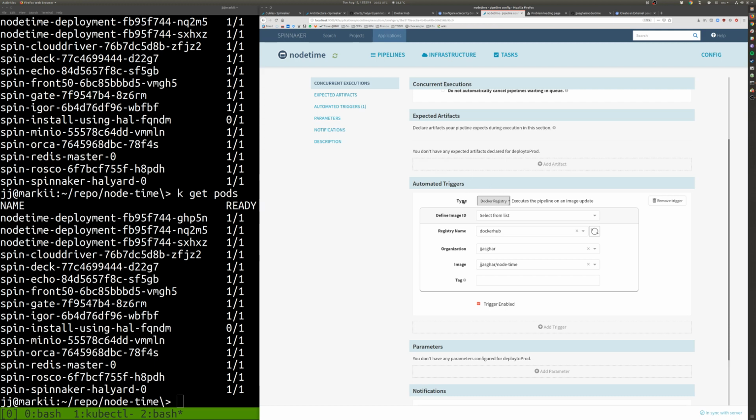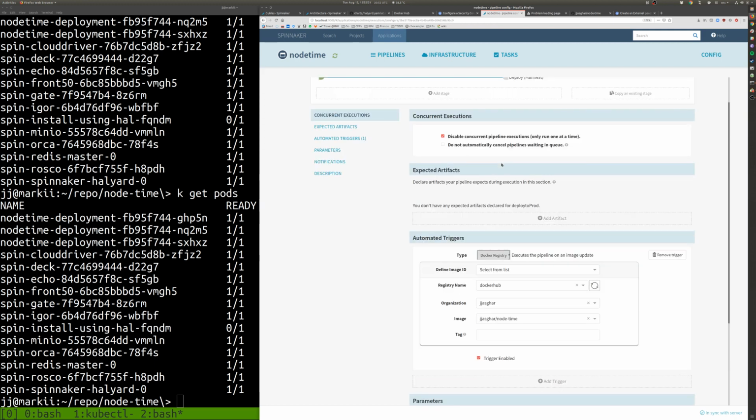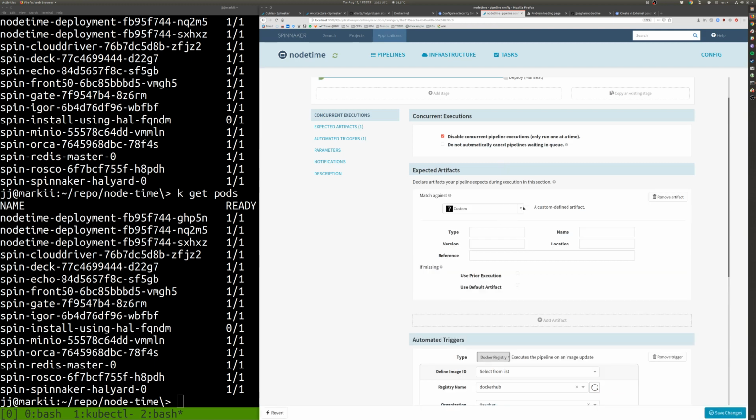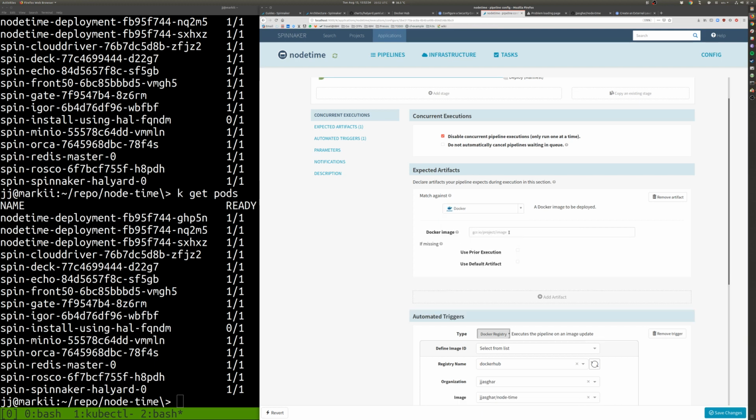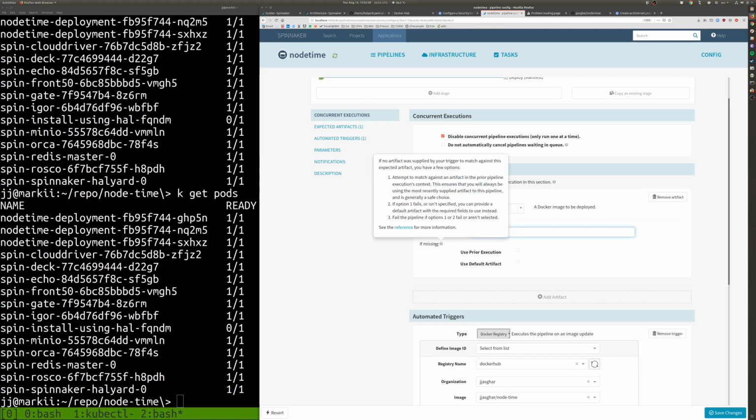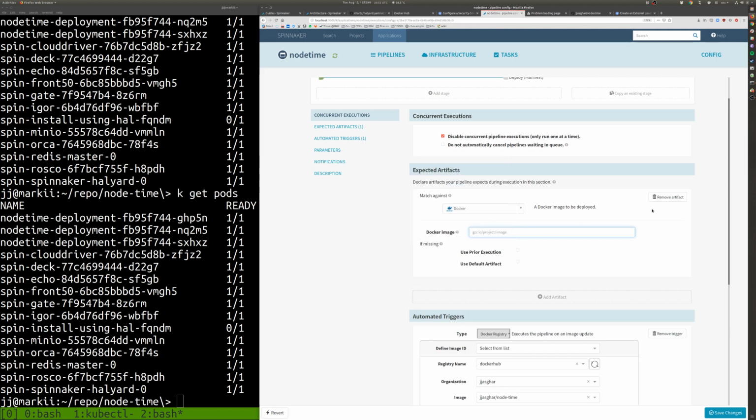You don't have to declare. So click add artifact. No, that's not what we want. Oh, actually, go to Docker. Maybe that is what we want. Docker image. So maybe we should go to the